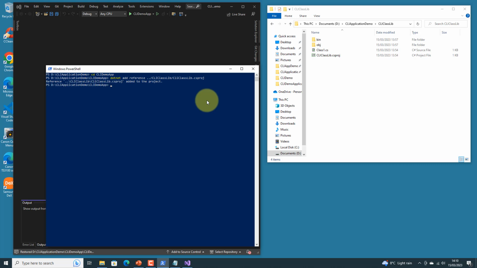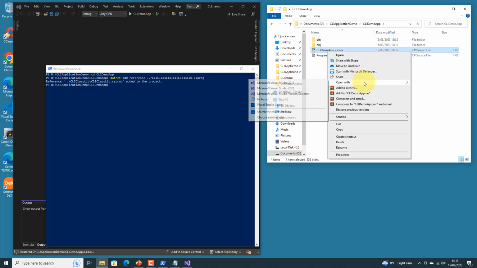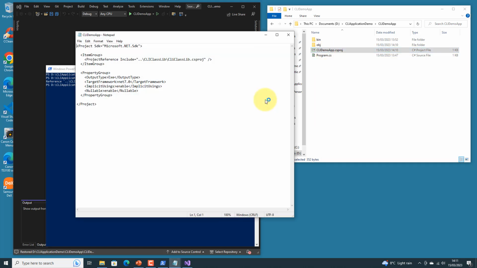And as you can see, the reference was added to the project, to this project CLI class lib. How can we check this? We go inside this folder where this project is, and we are going to open it with Notepad. And here you go. These three code lines were added, and as you can see, here is the reference